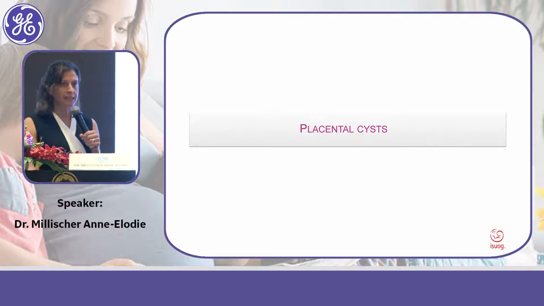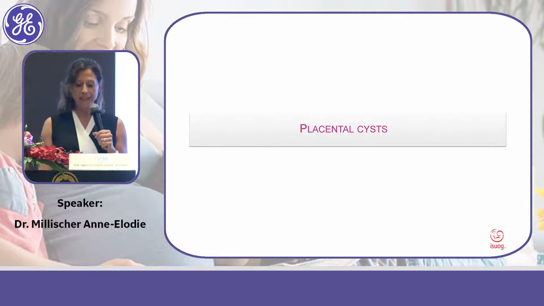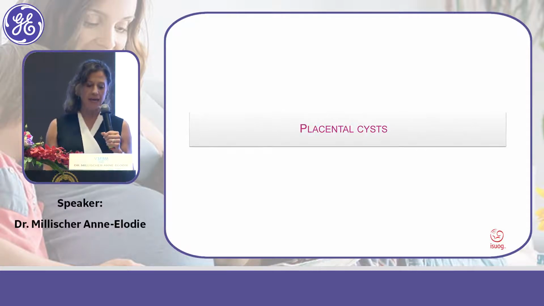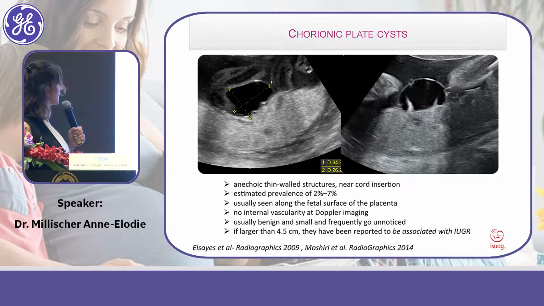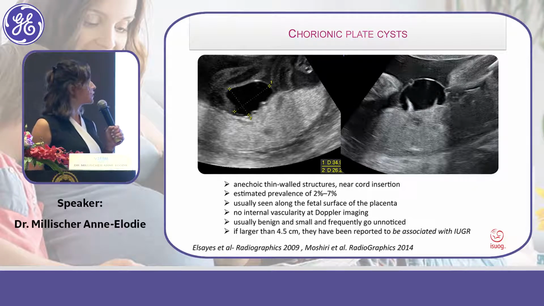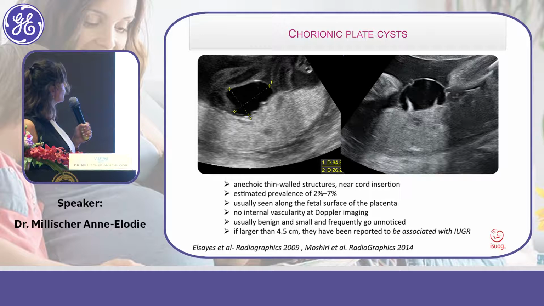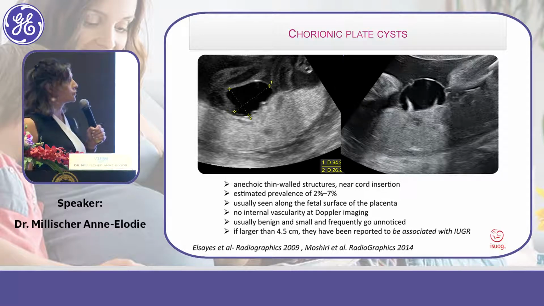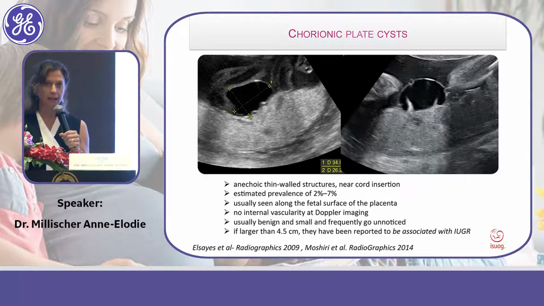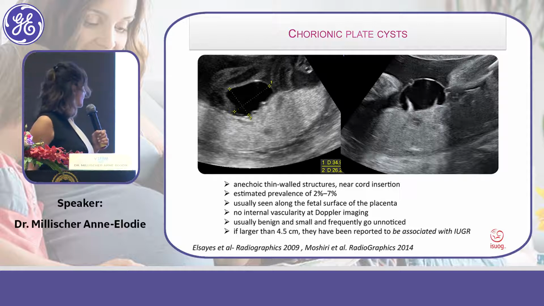The third point is to describe the echogenicity of this placenta. And here, once again, it is an image that we have to know. It is the chorionic plate cyst, totally benign. Và cái đặc điểm sắp tới nữa là mình sẽ đánh giá về cái độ phản âm của bánh nhau. Và đây là một cái hình mà các bạn thấy có một cái nang ở ngay cái màng đệm bánh nhau.